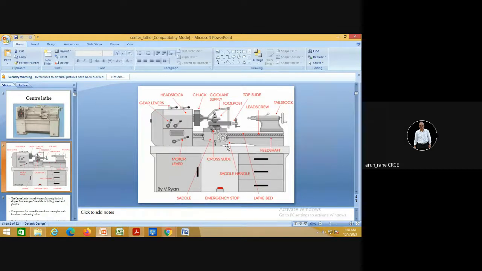So these handles and handwheels are used for manual movement. That is, if you want to move manually, then these handwheels are used. Now on this cross slide, there is a top slide. This top slide is also called the compound slide, and it also can be moved by hand wheel.